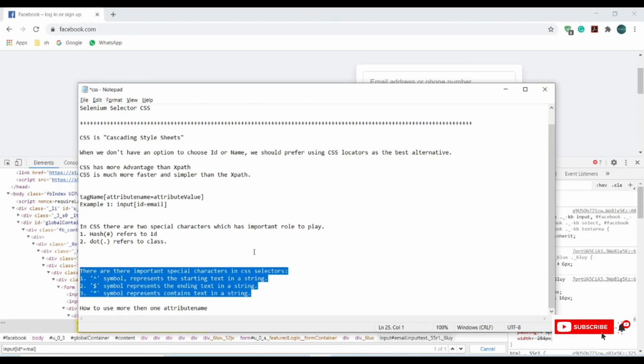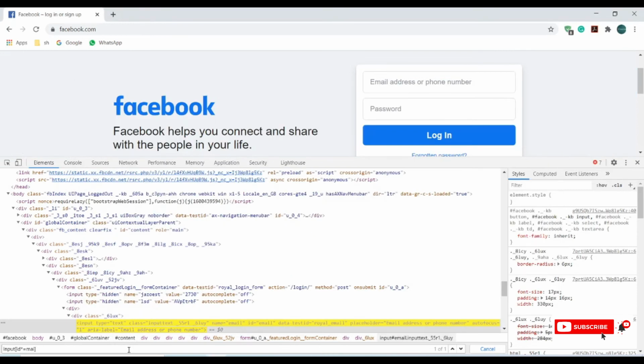So now I will show you how we can use more than one attribute. Till now we have seen only one attribute. So let's go back to our browser. Let me filter it out. ID equal to email, and close the brace.